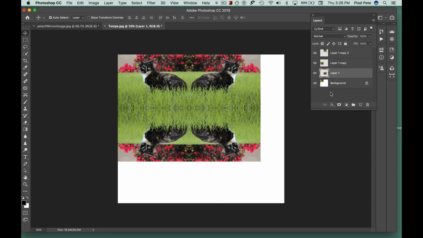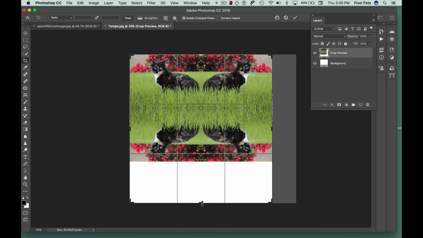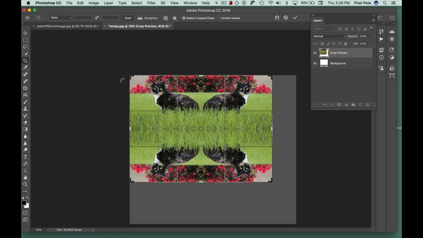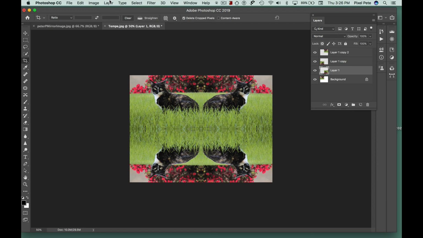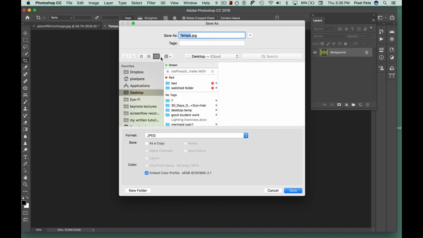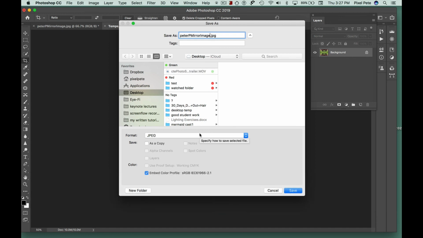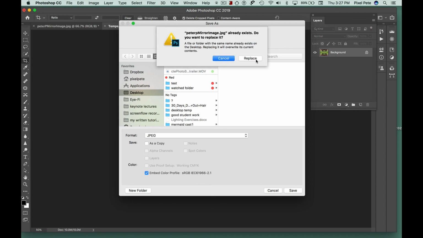The files are still in layers, so we're going to crop them. Use the crop tool and crop off the excess white space. We're going to crop off all the excess white right here. Then we're going to double click in there to accept, and then we'll do Layer, Flatten Image, Save As, name it Peter P, or your name, and then mirror image. Save it as a JPEG on the desktop and hit save. And now since I already saved the copy, I'll hit